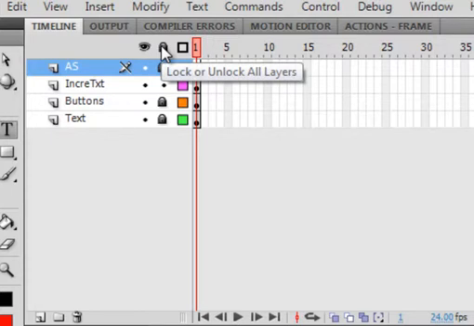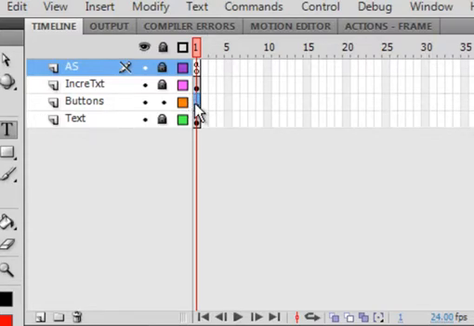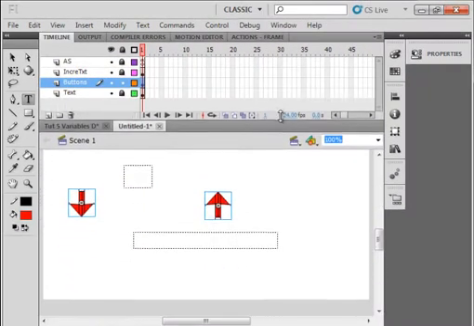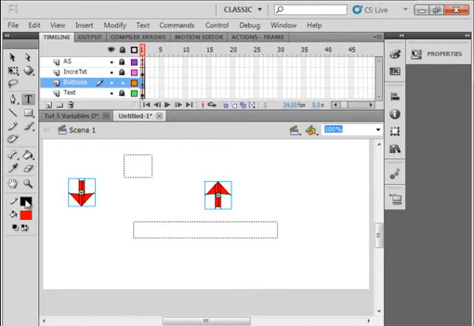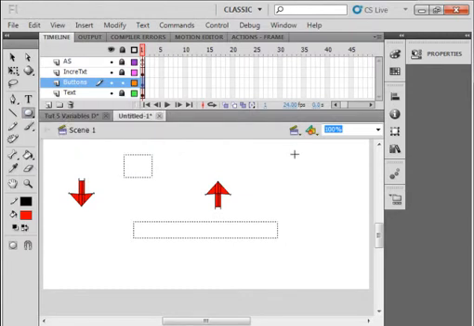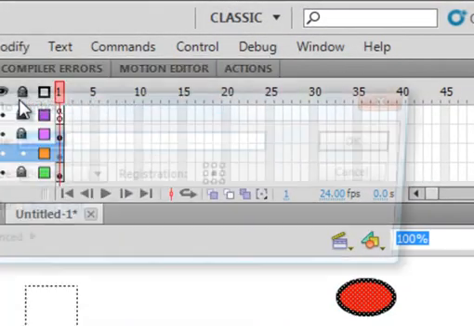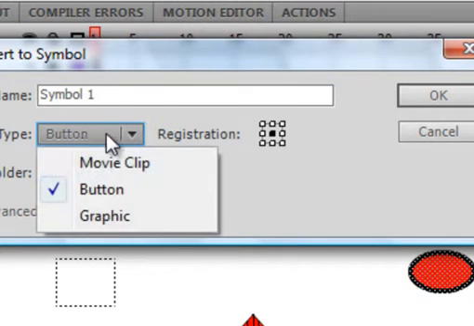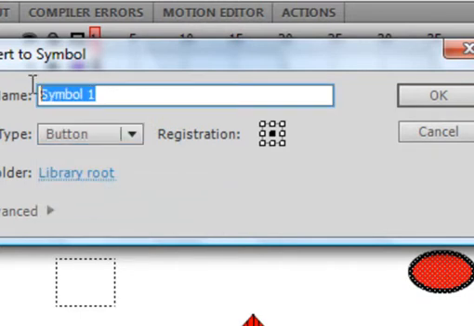Make sure all the layers are locked on this scene 1. Unlock the buttons layer. Select frame 1. Use whatever color, stroke, and fill you want, doesn't matter. I'm going to select my oval tool right here. We'll make an oval like that. Make sure, pick up my selection tool, click off the side, make sure nothing's selected. Select that oval I just made, modify it, convert it to a symbol. It's this time going to be a button again,